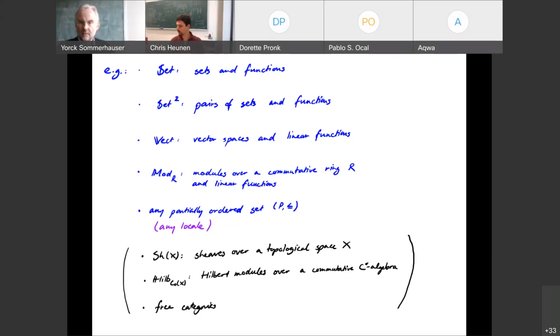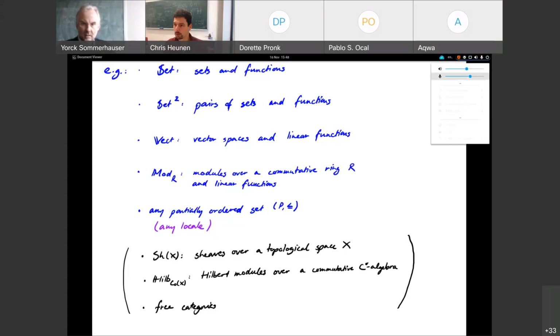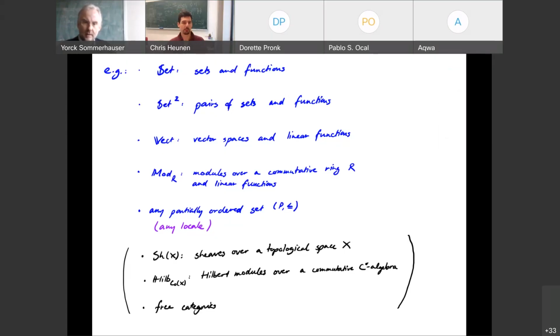Sorry to interrupt here, but in set, I mean, you don't have a set of objects. Yeah, sorry, set is a bad example. Let's say it's at most countable sets. I mean, in these big categories like set, there is no set of objects. That is right. Chris is using the word set a little bit freely there, I'm being a bit imprecise. So set is not really an example of a small category. I'm not claiming anything like that. I'm just trying to start at a very low intuitive level.